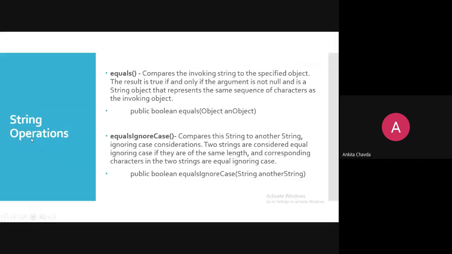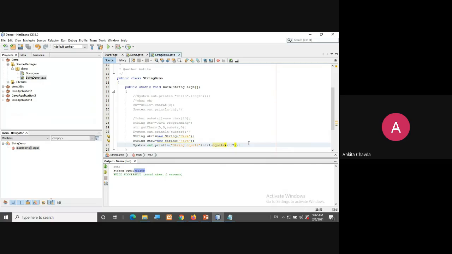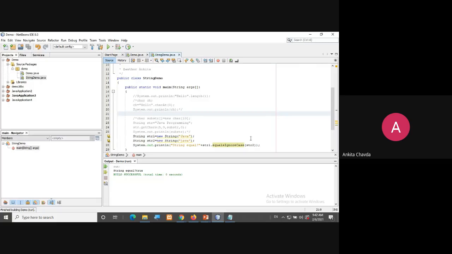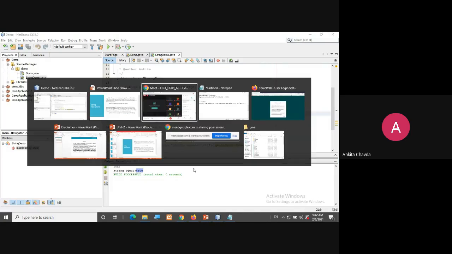For that you have another function, that is equalsIgnoreCase. Now I'll again run the same program. What they are giving me? True. Can you see this? Yes or no?